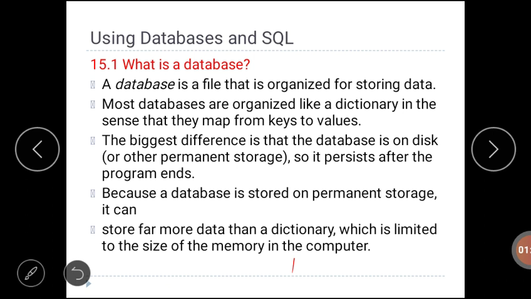Here we are using SQLite because it is already built into Python. SQLite is a C library that provides a lightweight disk-based database that does not require a separate server. It allows accessing the database using a non-standard variant of the SQL query language. SQLite is designed to be embedded into other applications to provide database support within the applications. For example, the Firefox browser uses an SQLite database internally.